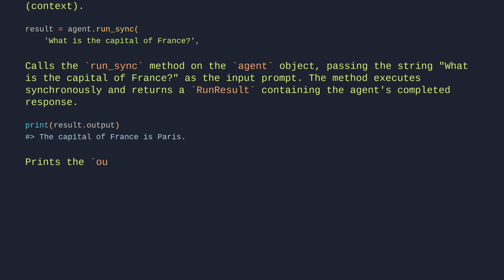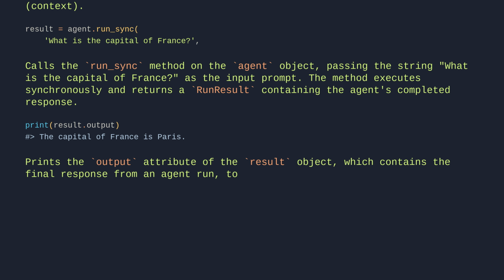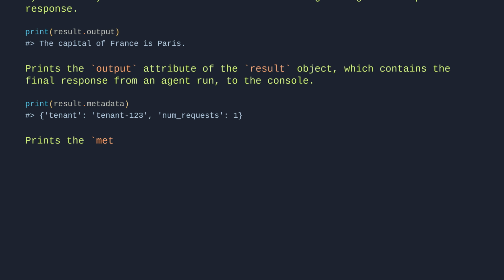Prints the output attribute of the result object, which contains the final response from an agent run, to the console. print(result.metadata) # {'tenant': '123', 'num_requests': 1}. Prints the metadata attribute of the result object, which is a dictionary containing